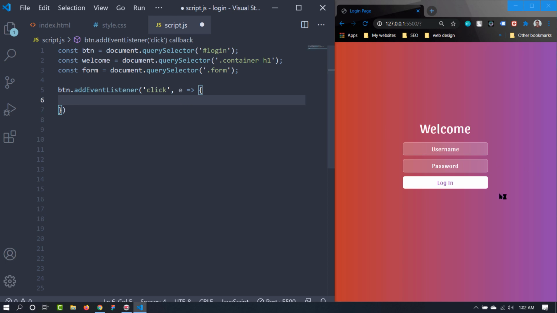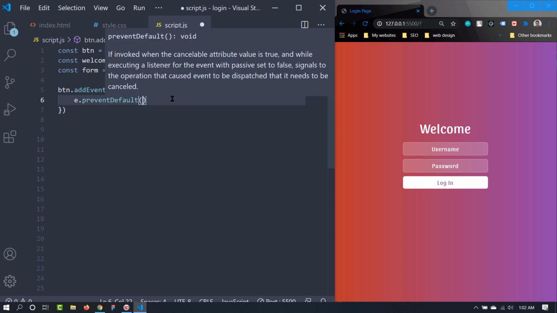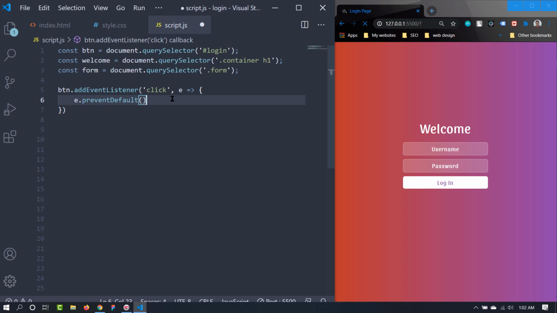So when we click on the login, as you can see here, the page is refreshing or reloading. We don't want that, so we want to prevent that. So it will be e, which is this event here, and we want to do preventDefault. Now it should not be refreshing while we click on that, and it is not.